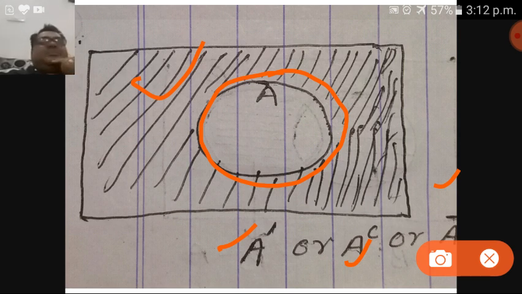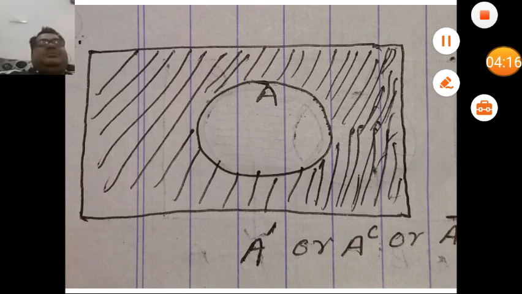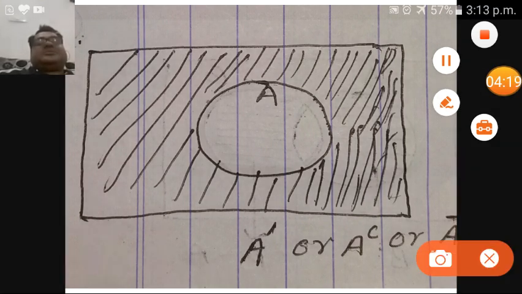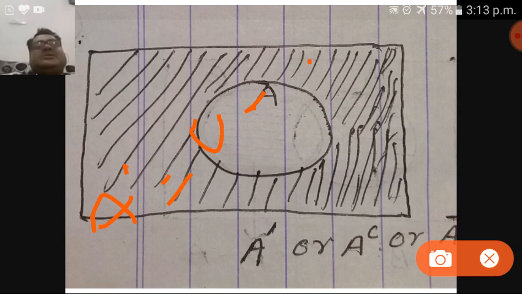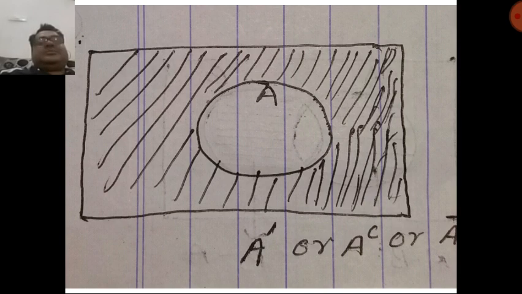Okay. At the same time, I would like to remind you the definition of the difference of sets. There I have told you that the difference of the sets A and B, A minus B, is the set of those elements. Here I have told that the complement of set A is the set of those elements which are present in the universal set but not in A. It means what? From the definition of the difference of sets, we can say that A complement is equal to what? U minus A. Isn't it?